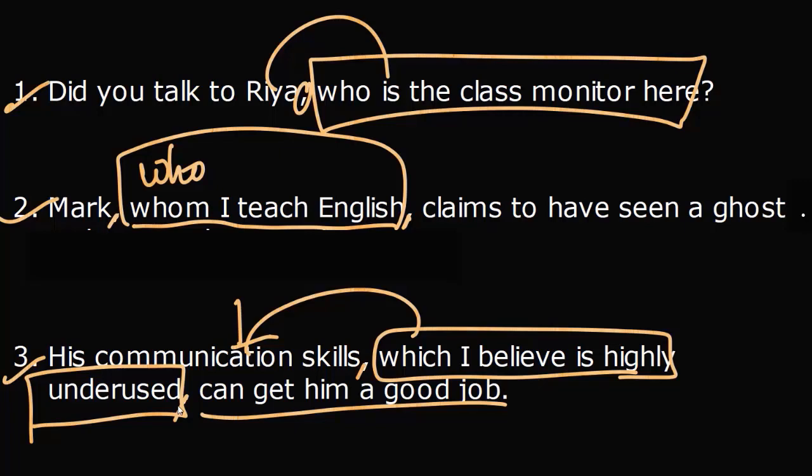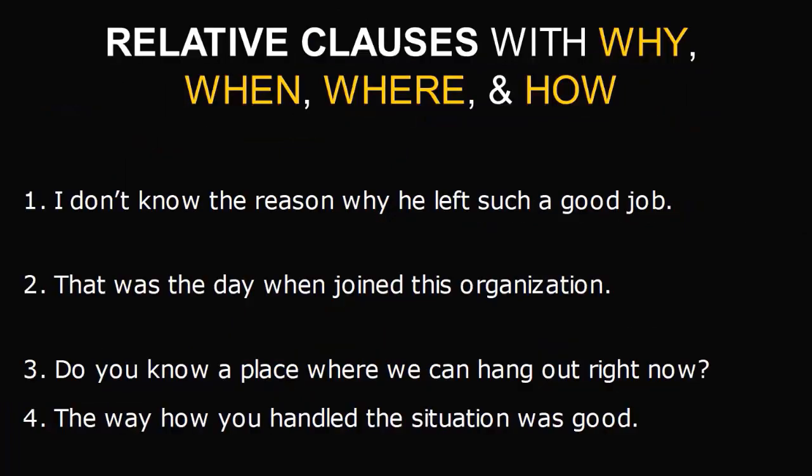All right. So this is how we use a non-essential relative clause or a non-restrictive relative clause, right? I can also use whose to give non-essential information. For example, Mark, whose father is my father's friend, claims to have seen a ghost. Mark, whose father is my father's friend, claims to have seen a ghost. I can also use whose to give non-essential information. All right. Now,